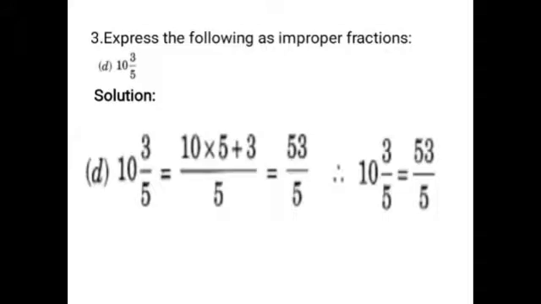So, we have to write the mixed fraction as the quotient and then the remainder divided by the divisor. Okay. And see question number 3. Express the following as improper fractions. If you want to convert a mixed fraction into an improper fraction, you have to multiply the whole part and the denominator. Okay, 10 5s are 50 and then you have to add the numerator. So, denominator multiplied by whole part plus numerator, divided by denominator. Okay, 10 5s are 50, 50 plus 3, 53, 53 by 5.